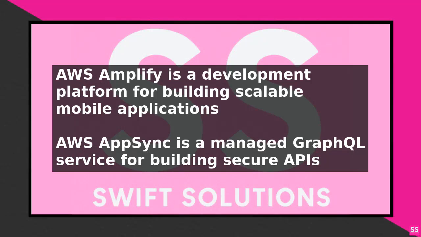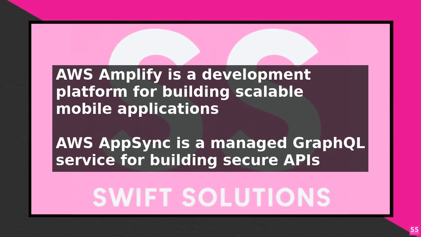Introduction to AWS Amplify AppSync integration. AWS Amplify is a development platform that helps you build scalable mobile and web applications, while AppSync is a managed GraphQL service that makes it easy to build scalable and secure APIs. In this tutorial, we will explore how to use AWS Amplify AppSync integration to build a scalable and secure API